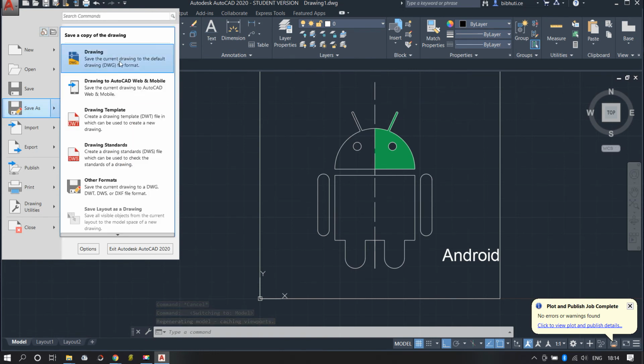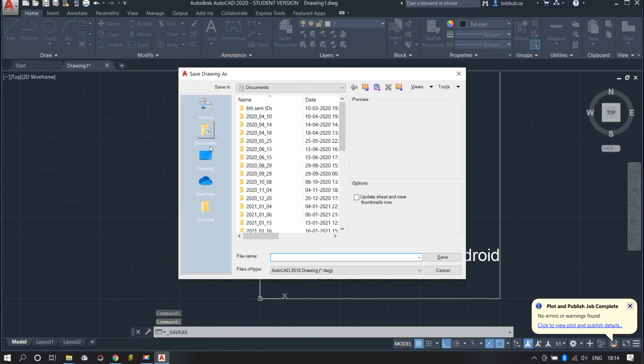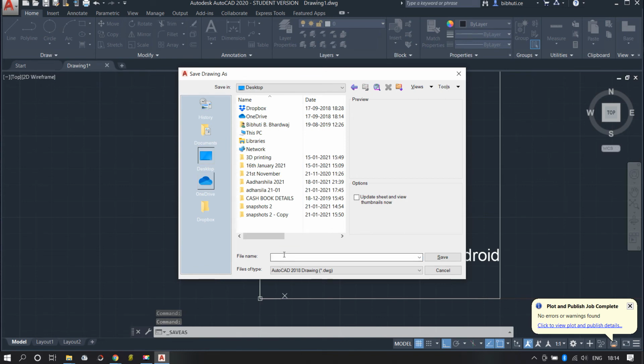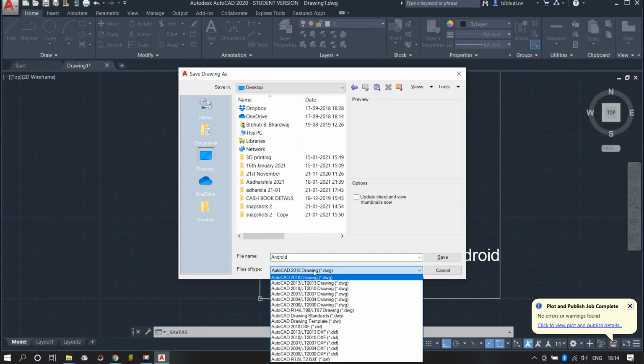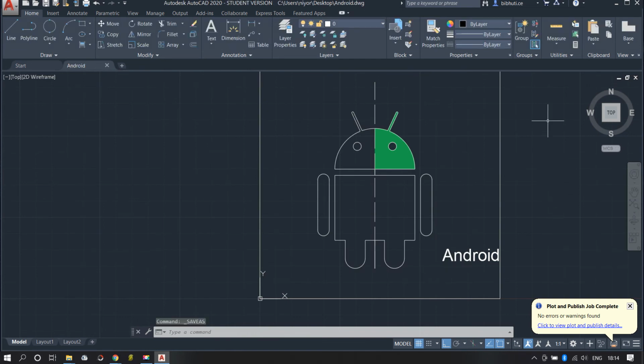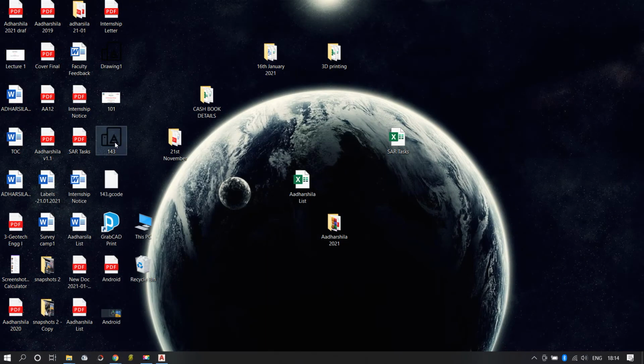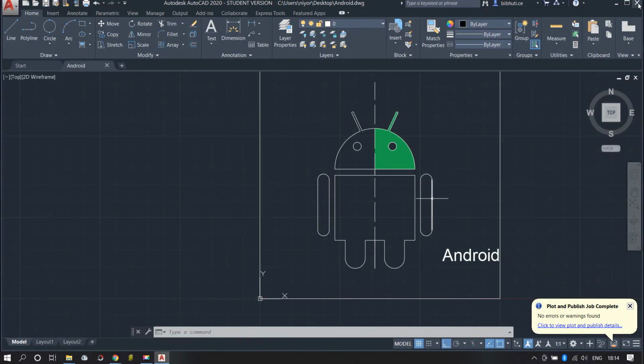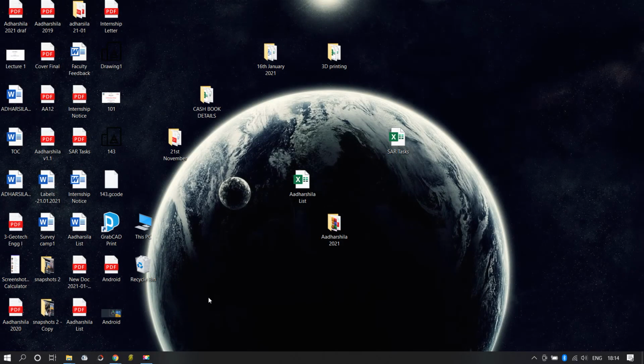Okay, save as drawing. So AutoCAD files are saved as DWG format. Okay, if you click on DWG format, then you can select anywhere, say Android. Okay, so you see AutoCAD 2018 drawing, DWG format. Okay, just save it. Okay, so you see Android. This one is the AutoCAD drawing. So if I closed